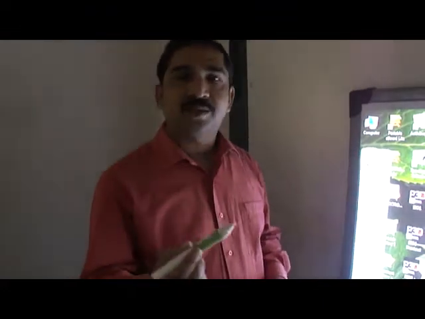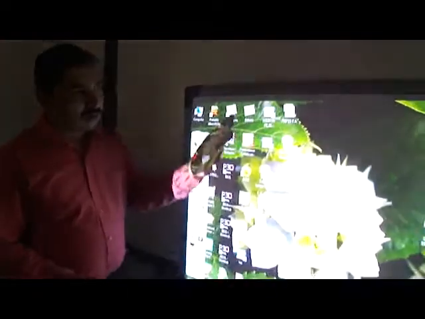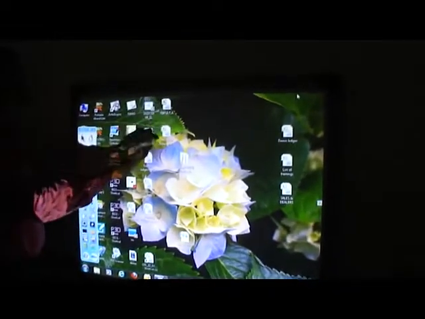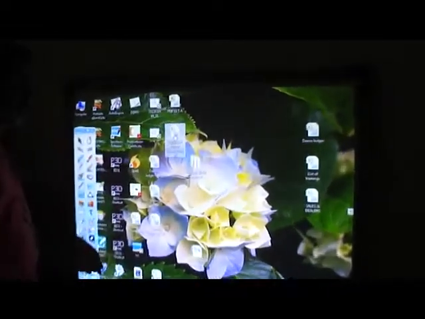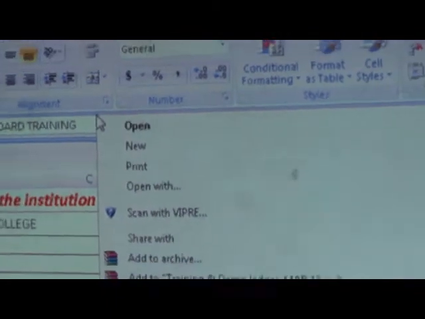And this stylus has the complete function of a mouse, as well as being used as your normal pen or your eraser. When I say complete function of the mouse, you can see that it uses the left key where I select, and you see that instantly the file gets opened. You also have the right key function, where you keep the mouse for a little longer time and you can see the dialog box showing the right function.